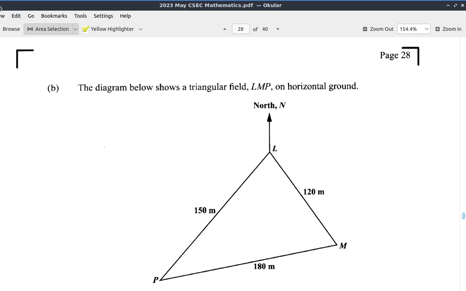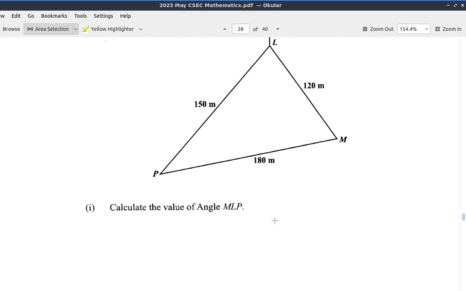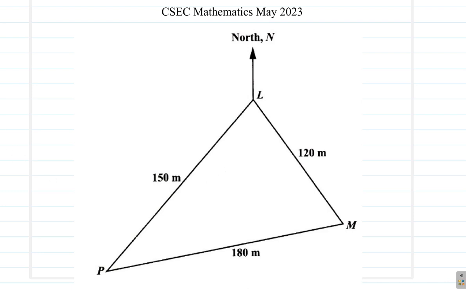So here now, the diagram below shows a triangular field LMP on horizontal ground. Calculate the value of angle MLP. Alright, so I copied it over here already. The angle MLP. Alright, so what we have